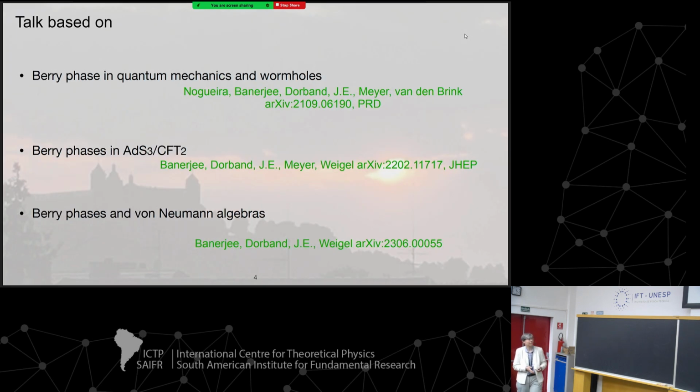Okay, so here's just a list of the papers that I used to prepare this talk. On the Berry phase in quantum mechanics and wormholes, this was actually some work of our group in Wuerzburg together with two condensed matter colleagues in Dresden, Flavio Nogueira, who I think is originally from Sao Paulo, so he's now in Dresden, and Jeroen van den Brink, who is also a condensed matter physicist. And then there's René Meyer, my colleague, and students and postdocs like Shrovik Banerjee